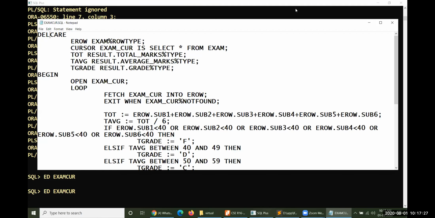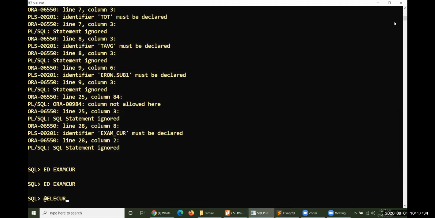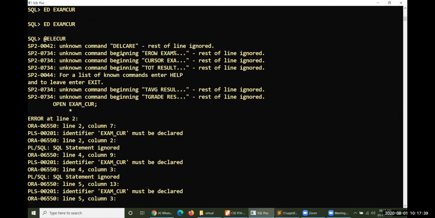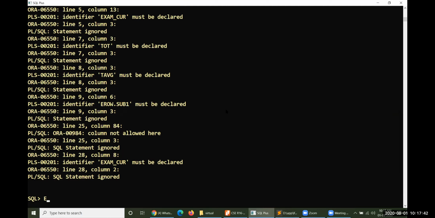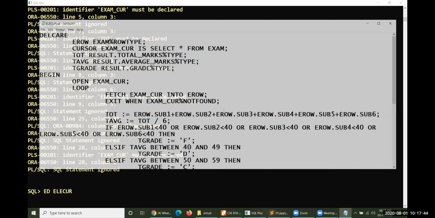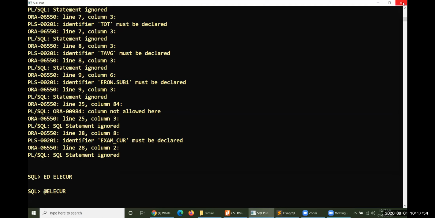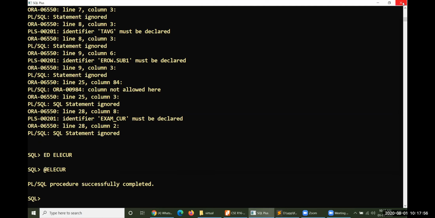Still, there are some more. DECLARE. Yes, Sivar. Only one particular declaration is wrong. Because of that, you see how many errors have been generated here.